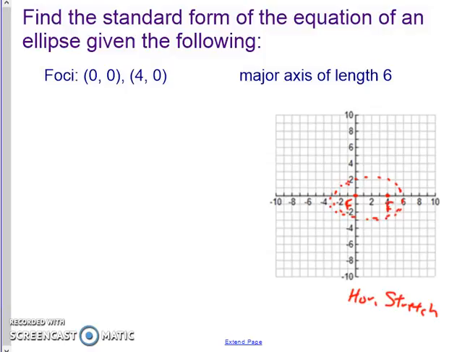ellipse, because the center, if you recall, we count a distance from the center. So the center should be the midpoint. The distance we count between the center and the foci is c. So we should be able to find the midpoint of that, which would then be (2, 0) for our center. And again, we just discovered that it's going to be